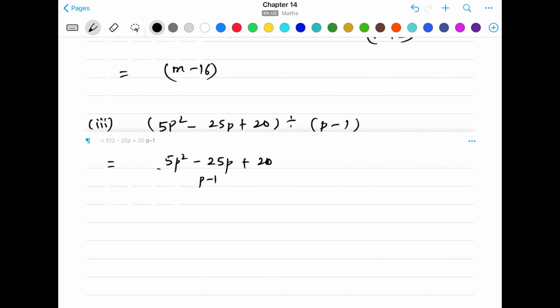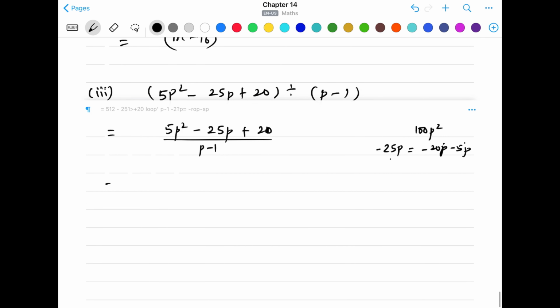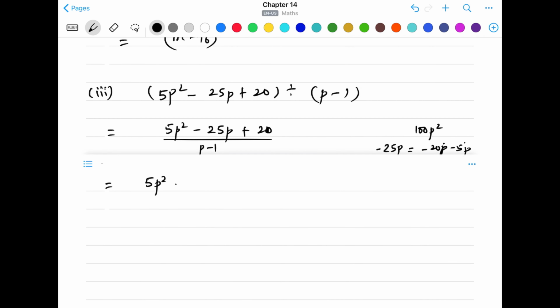Okay, now again we'll factorize this by using the method of splitting the middle term, as this 20 into 5 will give us 100p square, so we can write minus 25p as minus 20p and minus 5p. So minus 5 and minus 20 will be minus 25, and minus 20p and minus 5p multiplied will give us 100p square. Okay, so let's write this as 5p square minus 20p minus 5p plus 20,